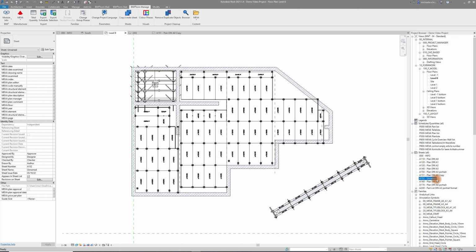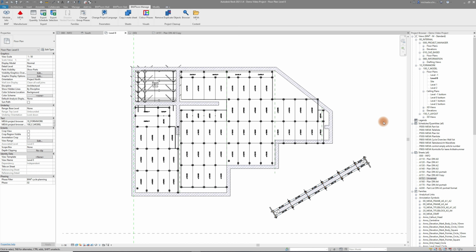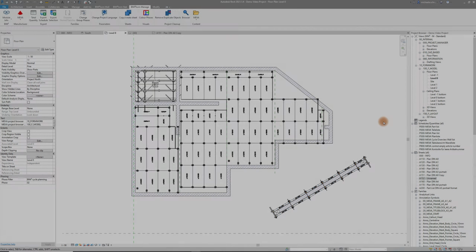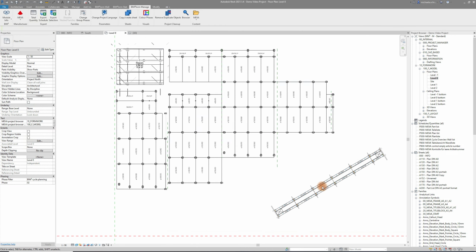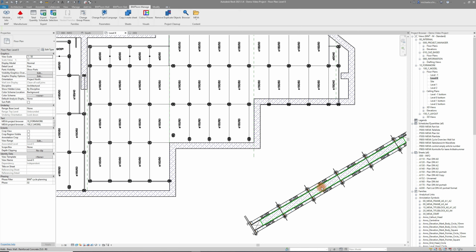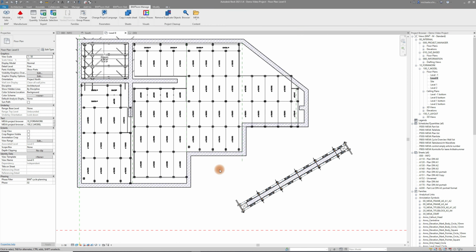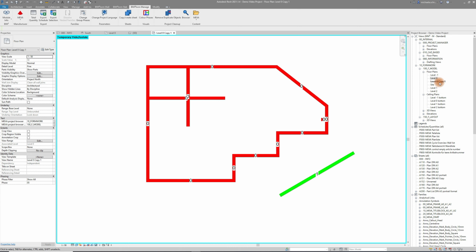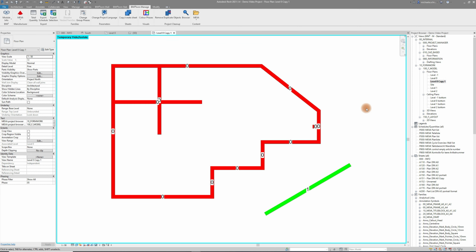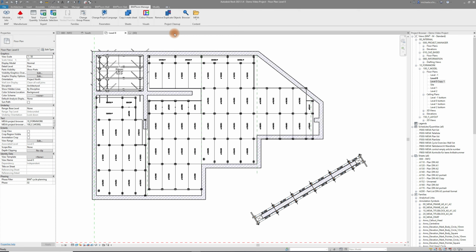Please note that this creates frames and plan head, etc. of the sheet, but not certain views. For better visibility of our cycles, we could use the next function, color phases. Let's just assign the freestanding wall to cycle 2 and then execute the command, select the level and click OK. BIM2Form will create a new view which shows the cycles in different colors. If you're wondering where the formwork parts have gone, there is a simple trick how to make them show again. This video is linked up here and in the description box down below.